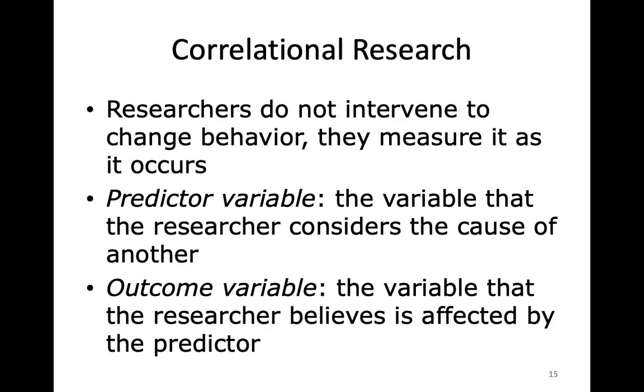Okay. Similarly, in experiment, we had a dependent variable. Now in correlational research, we have an outcome variable. The outcome variable is just the variable that the researcher believes is affected by the predictor. Okay. So independent variable is like predictor variable. Dependent variable is like outcome variable. It's just a difference of terminology to make it clear that we're talking about an experiment versus correlation. Okay. So we might say that the number of hours that you study is a predictor variable, and the outcome variable would be test performance, is one